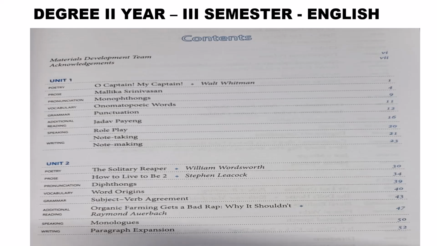Hello everyone. Today we are going to discuss the degree second year, third semester English lesson, and that is the pronunciation lesson: monophthongs. Before we move on to monophthongs, I would like to tell you that I have already prepared